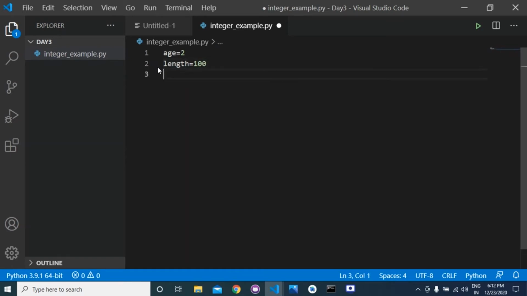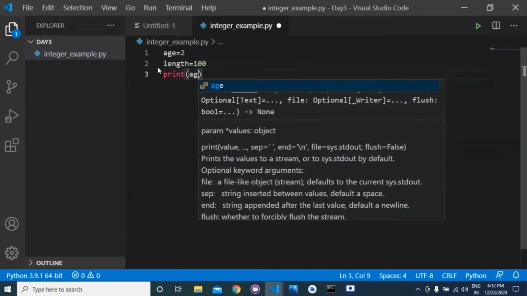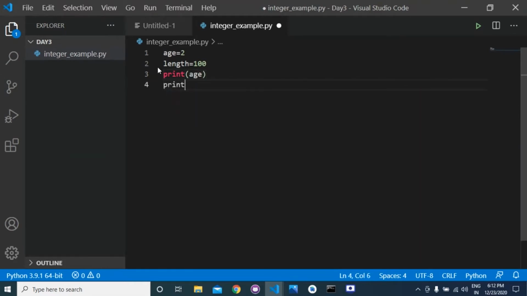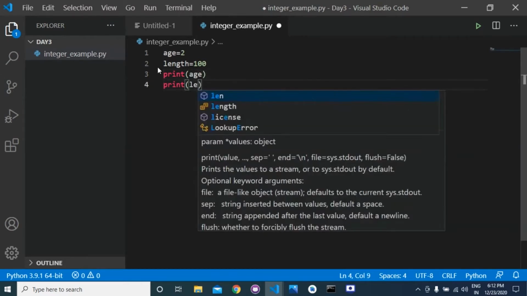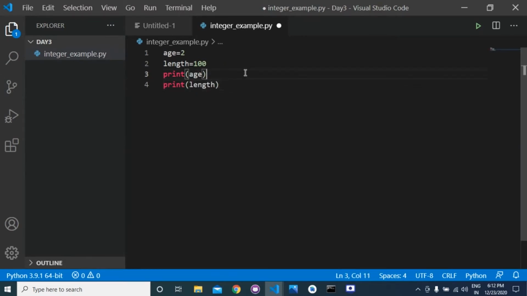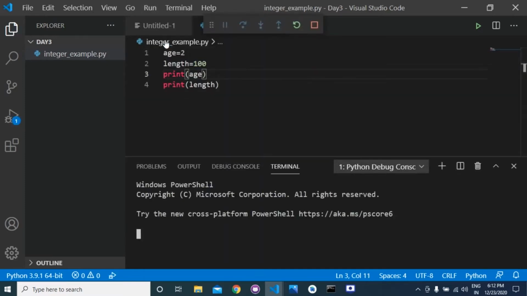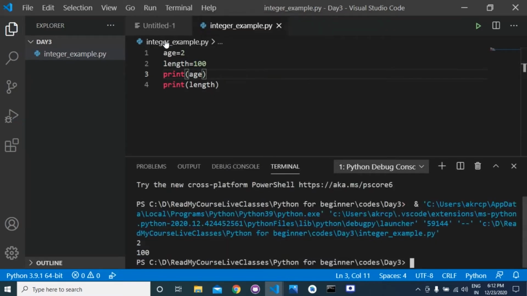So when you run this program, suppose that I am printing the variable age, and then I am printing the variable length. Okay, so run this program. It is printing 2 and 100.